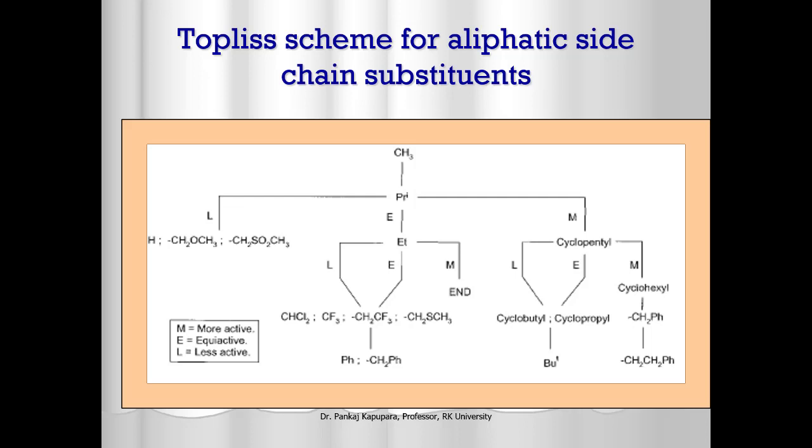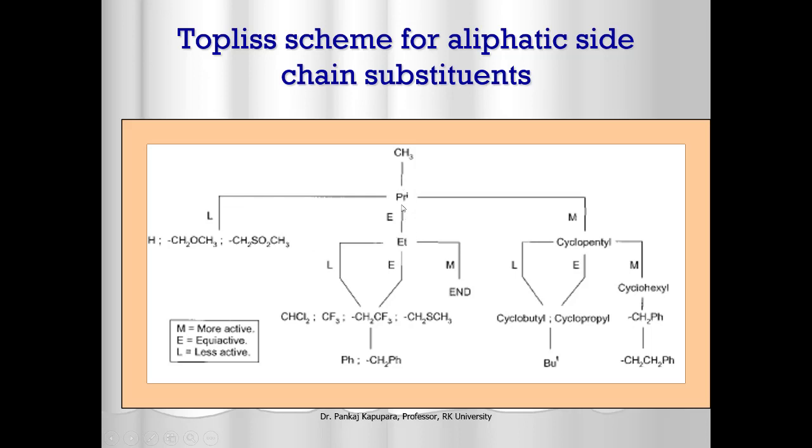Chain. In many molecules, we have seen that there is a CH2 chain, CH2 CH2 CH2 CH2 CH2. There are 4 or 5 carbons there. So how is the chain to be optimized? How is the chain to be decided? For that, first you add only methyl, and then you add isopropyl. Compare the activity of both. If isopropyl is less active than methyl, then you have to move for this. If isopropyl is equiactive to methyl, then you move for the ethyl.